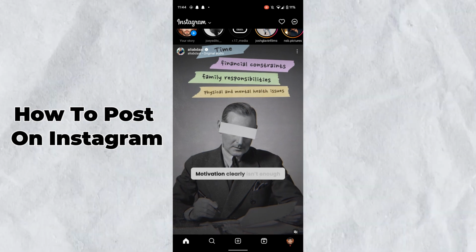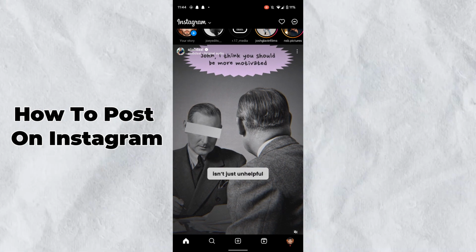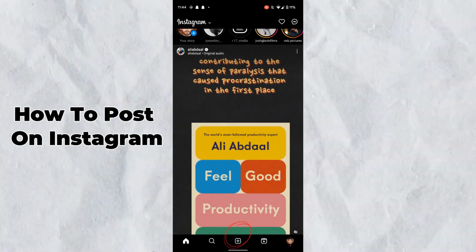So it's pretty simple. Let's get started. First of all, you guys have to open up the Instagram app on your mobile phone. So after opening up the Instagram app on your mobile phone, you guys have to just tap on the plus button,